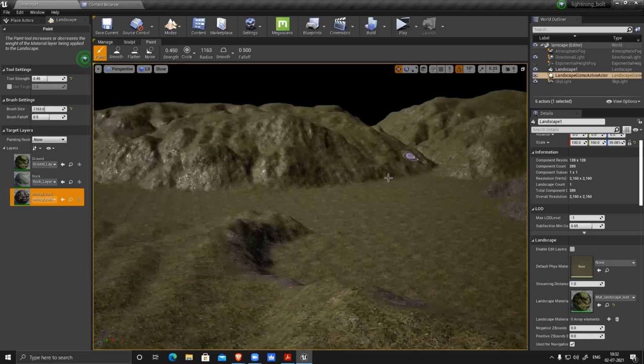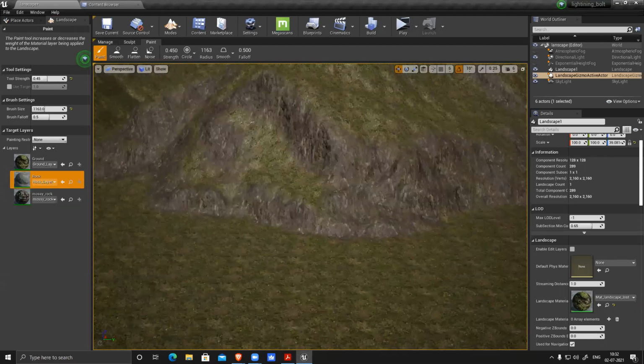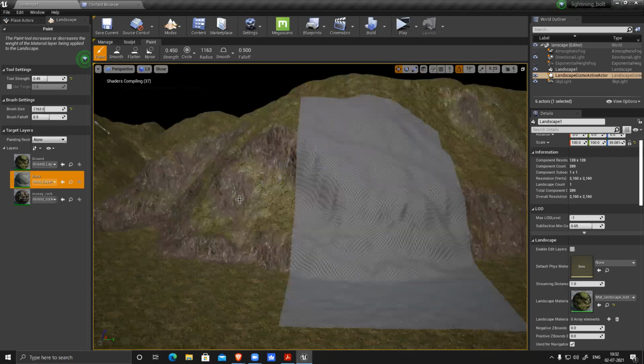So I can increase the brush size and paint. This is one texture. Now suppose I want to paint this rock. So again, I'll go here, and wherever I want to paint rock, I have to click that section. So let it compile again. So for the number of materials and textures you have, that many times you have to compile it, and then you can start painting.